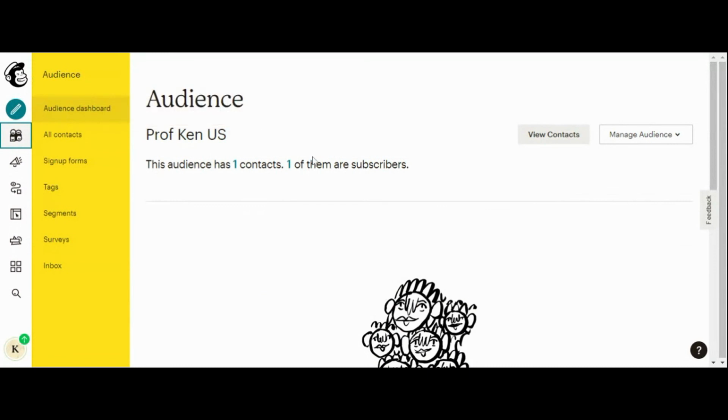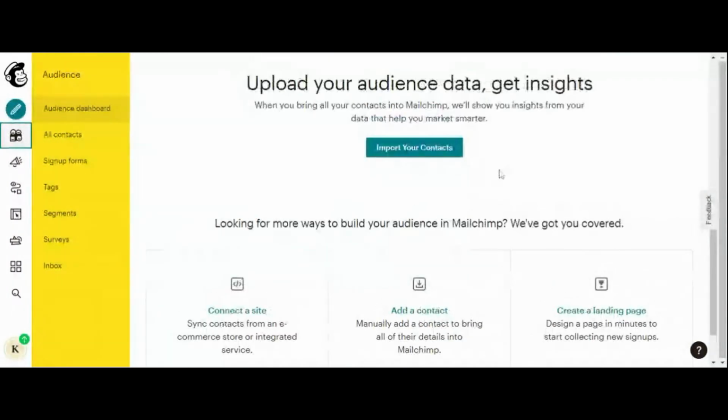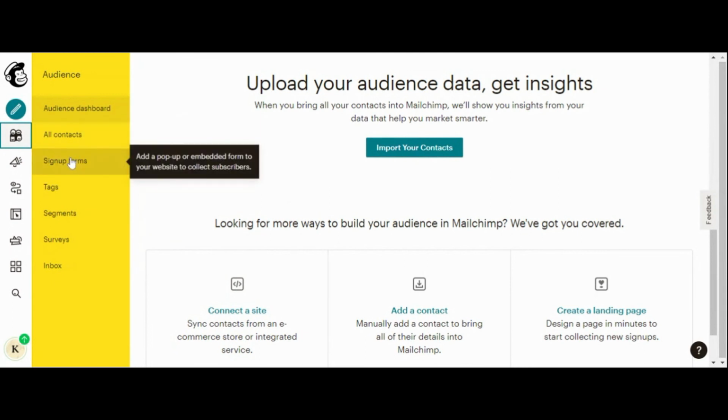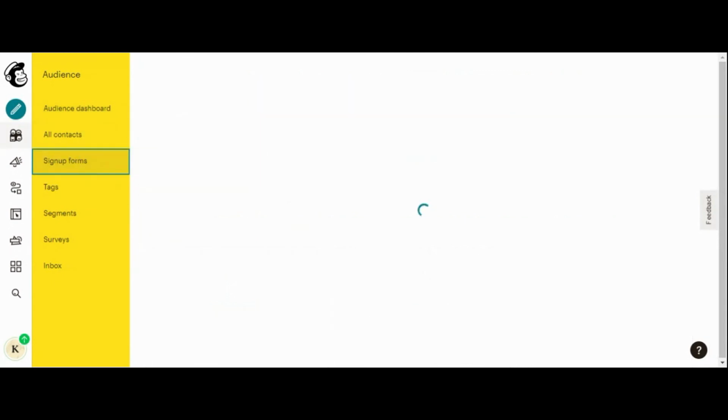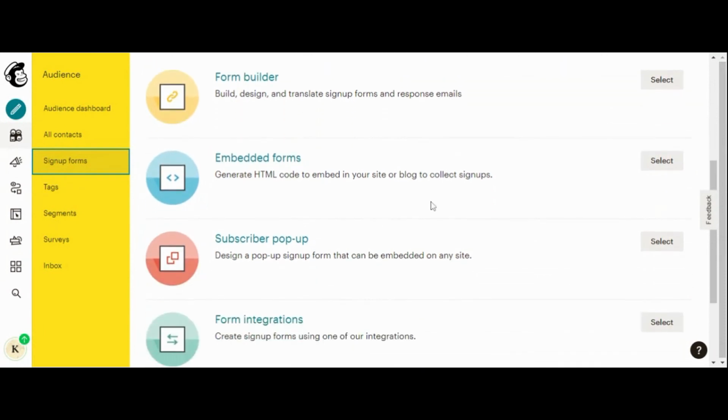Here, audience is contacts. So I have one contact, and that's basically who is on my email list right now. I could also import contacts. There's some complications there with importing your contacts, but you can do that. You could connect it and sync to a site as well. And you can even create, if you go here, a sign-up form. In fact, next week, we are going to do that. We're going to create a sign-up form, and we're going to share it out with the class. And everyone is going to join everyone's campaign so that we have an email list that we can start subscribing